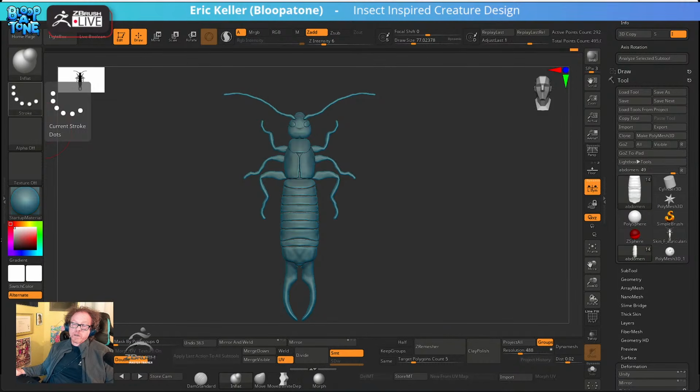Yeah, TopoGun is a very nice topology tool. If you like using it, use it. If you don't, you can use the ZBrush retopo or Maya. I used Maya Quad Draw for years. I tend to use the ZBrush retopology brush more and more just because I don't like flipping between the two of them. But really, what I would say, if you really want to learn good animation topology, make friends with